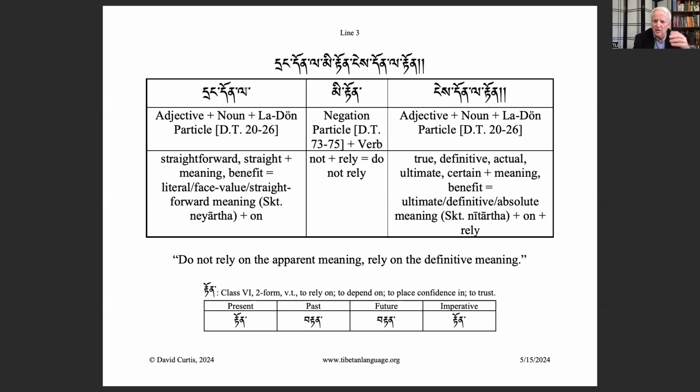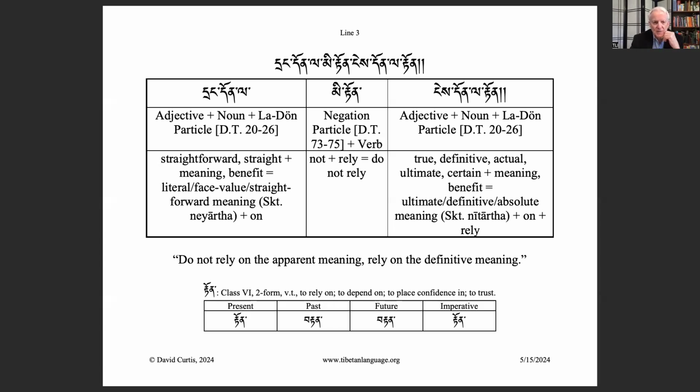So we've got don't rely on this, rely on that, now for the third time. With that repetition, it makes it easier to memorize and remember. So that's a skillful way to teach, I think, to have repetition like that. We're repeating the don't rely on X, rely on Y instead formula, and we go through all